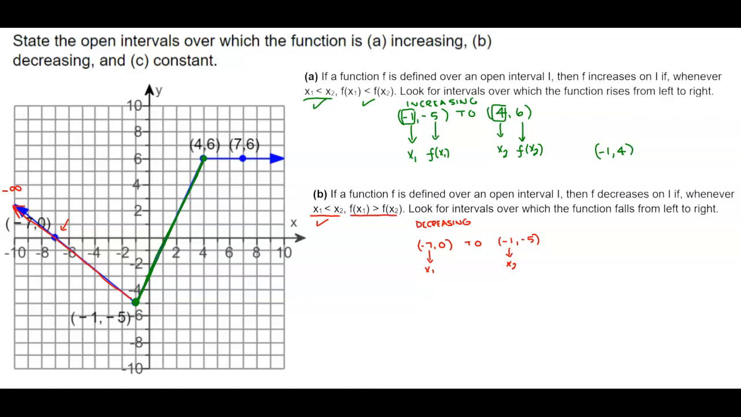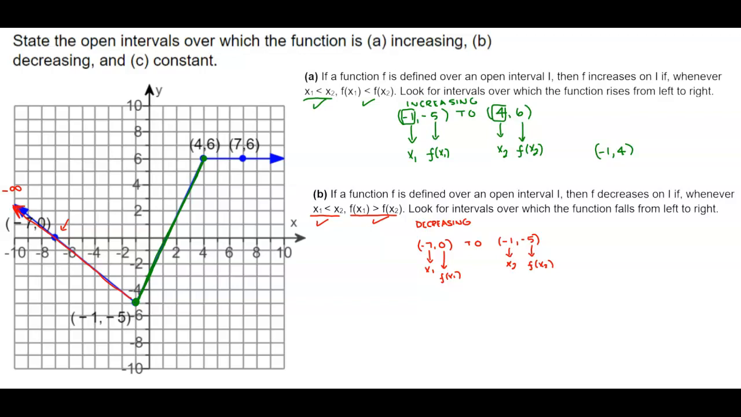The output of x1 is f of x1, and this is f of x2. In order for this to work, f of x1 has to be greater than f of x2, meaning the output. Well, is 0 greater than -5? It is. Now we need to write the open interval of where it's decreasing, which means that this negative